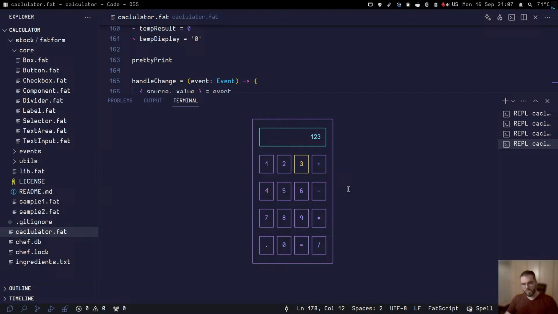Okay, so 1, 2, 3, and clean. Okay, now I can type in things and clean my result. Right, so